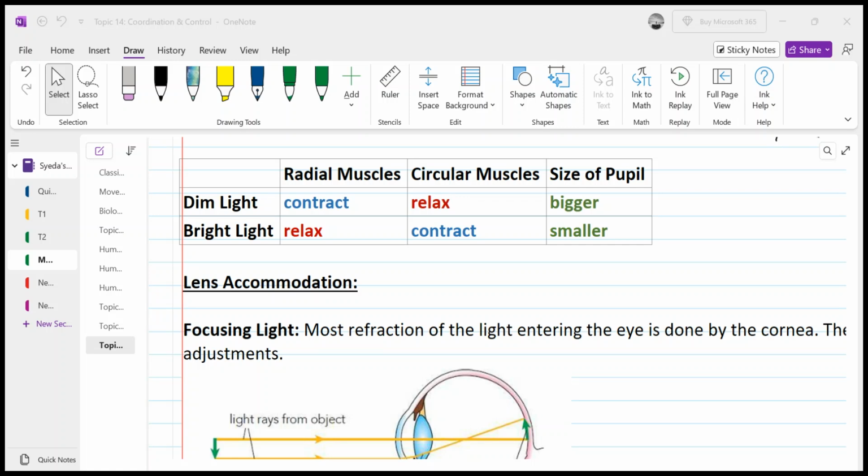So for example, if the light is traveling from the air and enters into the glass, now glass is another medium and air is another medium, so the speed of light actually changes from air to glass, right? Speed of light is higher in air as compared to glass, so that's why the light bends in the glass.